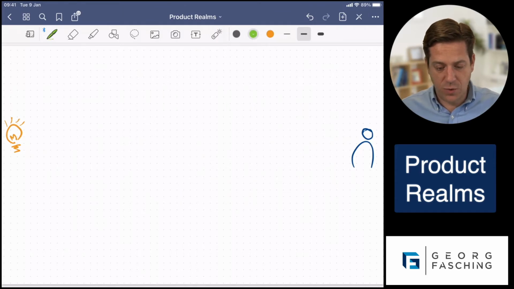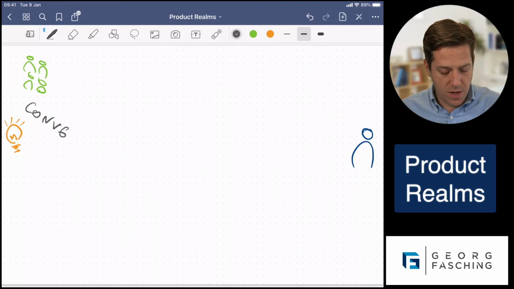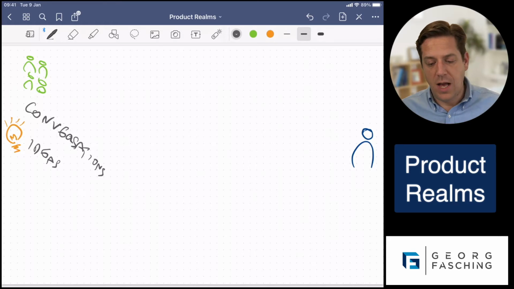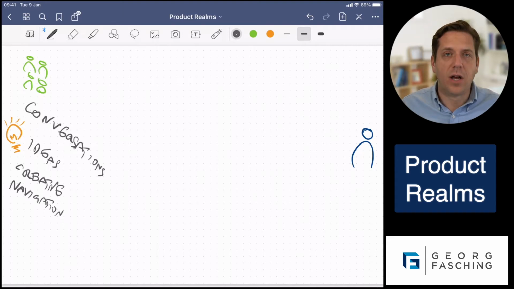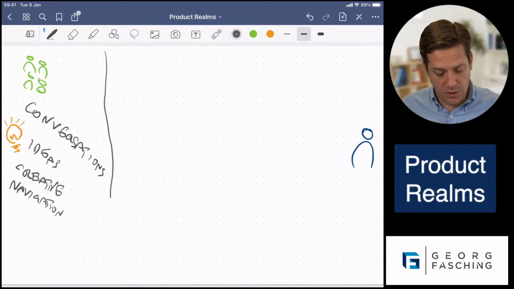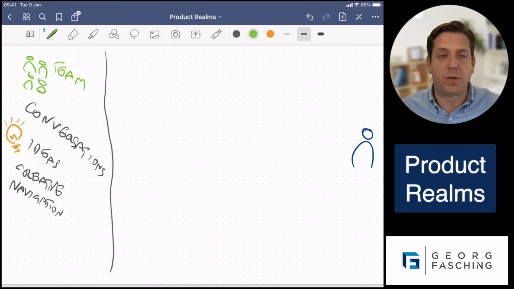In the first instance, we are very much in the realm of the team, where the team is working together and they have conversations. We have all sorts of different ideas that we have there. And there might be also, of course, some creative conflict that they are navigating in order to work out what the different possible options are that they have together as a team. Creative navigation, right? It's a natural part of the product development life cycle. So those are some examples that help us to illustrate what the team realm is all about.